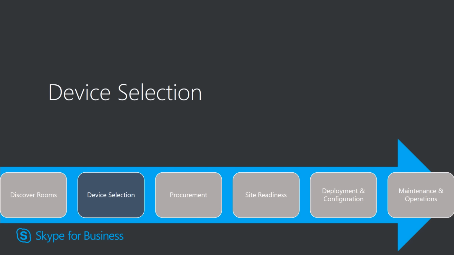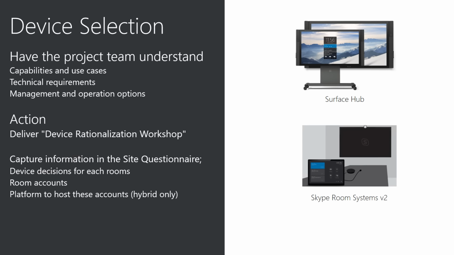Next step is to discuss which device is more suitable for your engagement. The device rationalization workshop covers both Surface Hub and the just released Skype Room Systems version 2 in detail, and it provides some detailed information to differentiate these two Skype for Business enabled room solutions. Although both devices are great in supporting Skype for Business meetings, they have different capabilities and they're optimal for different